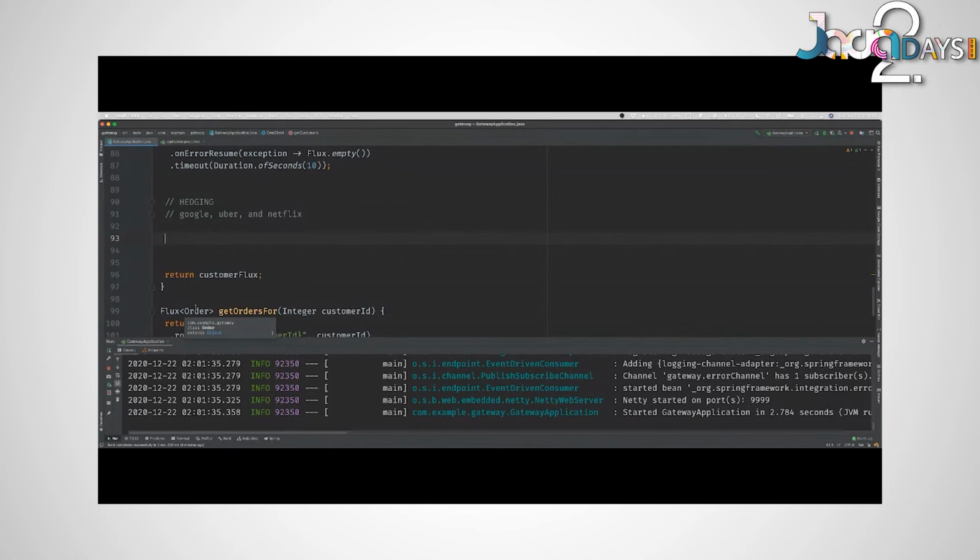Things will fail. So this pattern is very simple, but think about what you have to do to make it work. You want to make the same network request to the same service on 3 or 4 or whatever different hosts and ports. Well, that's not easy, right? Because now you've got network calls. You've got 3 concurrent calls that have to be done at the same time. And then whichever one is fastest, you keep. You keep the fastest one and you throw away the other 2, right? So you've got kind of a race condition. This is not easy code to write with regular Java threads and executors and runnables and all that.